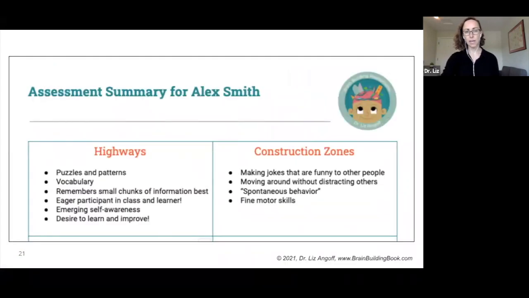So this is kind of what the assessment summary would look like for Alex. Again, this is my planning sheet for the feedback session. But I forgot to say that once I've done this, parents started asking for this, and it becomes a great cover sheet for your report. And if you're presenting at a meeting or an IEP,